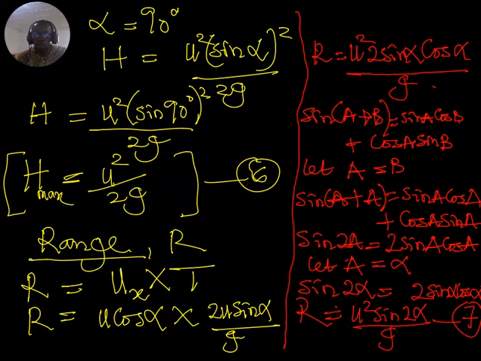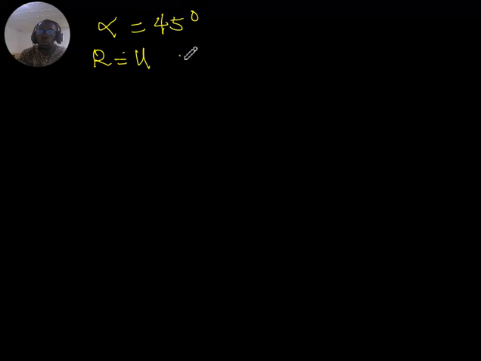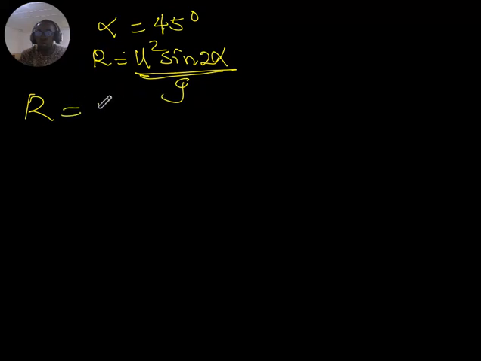Now we have equation 7, but it is possible for us to have a maximum range. Maximum range occurs when the angle of projection of the projected body, alpha, is 45 degrees. That is the angle for maximum range. So recall that range itself is u squared sine 2 alpha over g. So range becomes u squared, we are looking for maximum range, sine 2 of alpha means 2 times 45